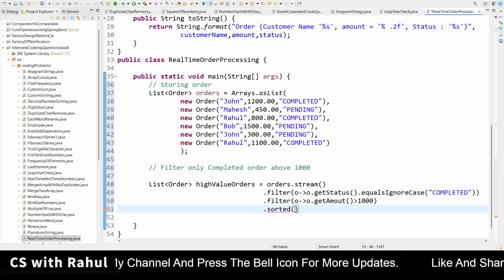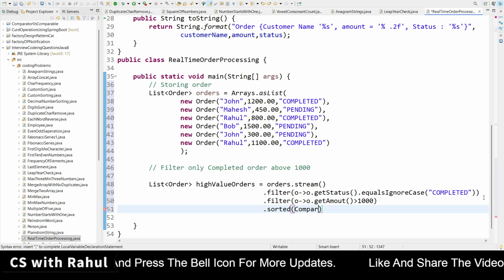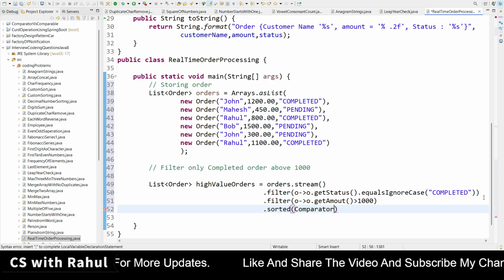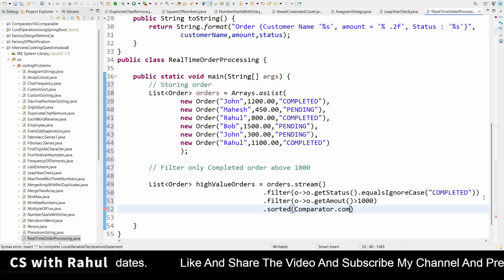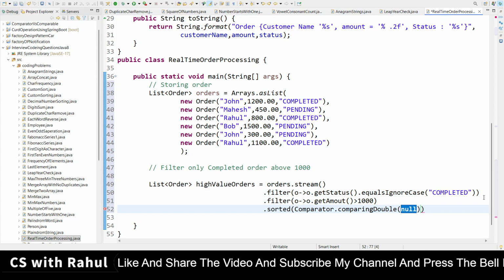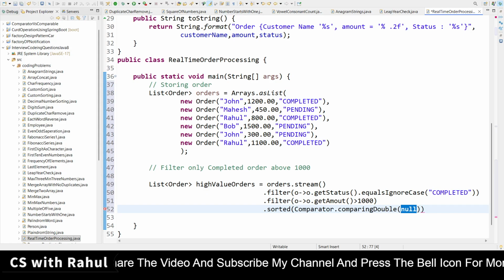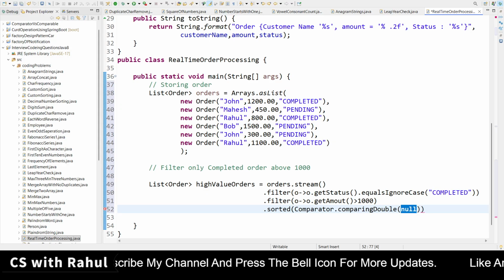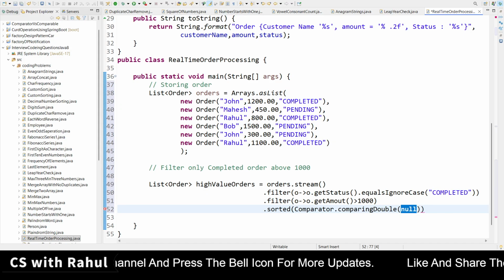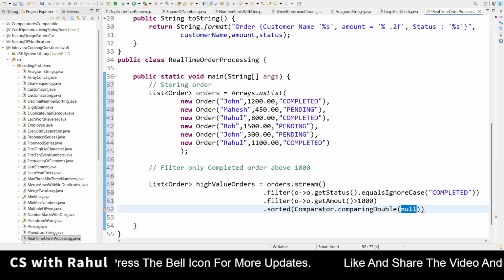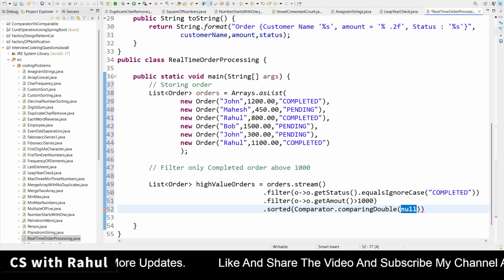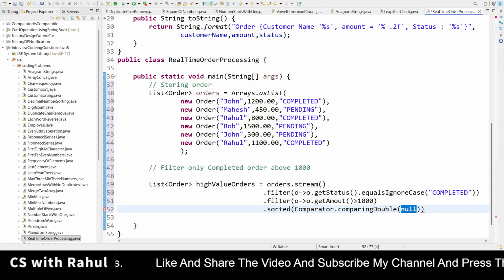So here I will call Comparator.comparingDouble, because we are dealing with double values. We have to compare by order amount, because we are getting high value orders now.